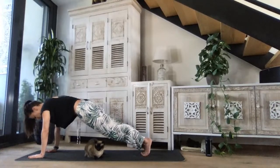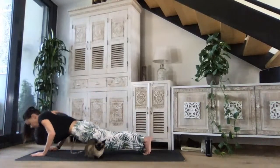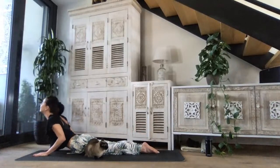And then we're going to come all the way down. I need to move because possum's in the way. All the way down for our snake pose. And we're going to squeeze our bottom, put our feet together and